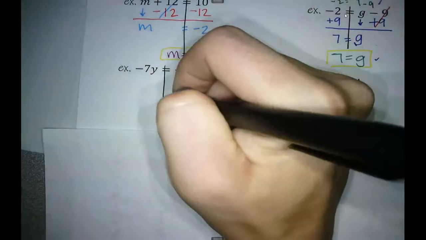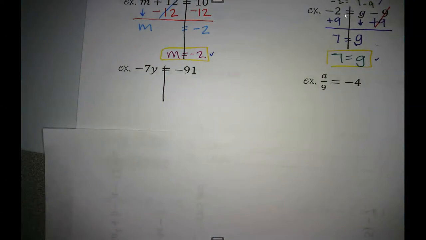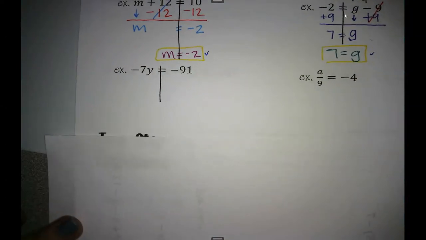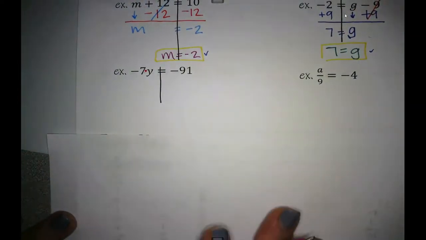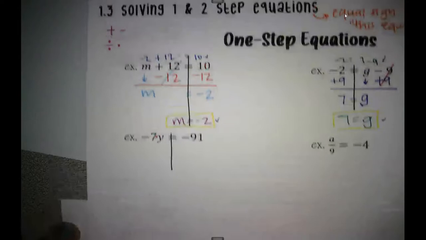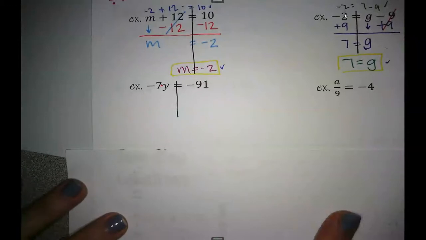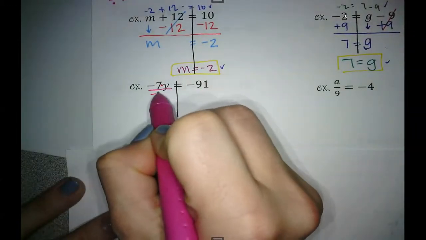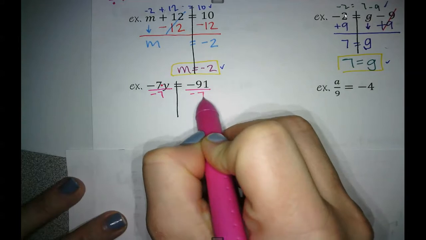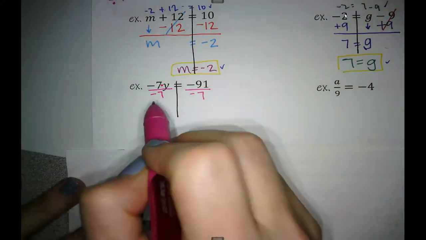All right. Let's look at a little bit more complicated one. We've got negative 7y equals negative 91. So again, remember what's happening here. y is just some number that we're trying to figure out. This is being multiplied, right? So when I look to see how do I get y by itself, I'm doing opposite operations. It's being multiplied right now, so I need to divide it. So if I divide this side of the wall by negative 7 and divide this side of the wall by negative 7,